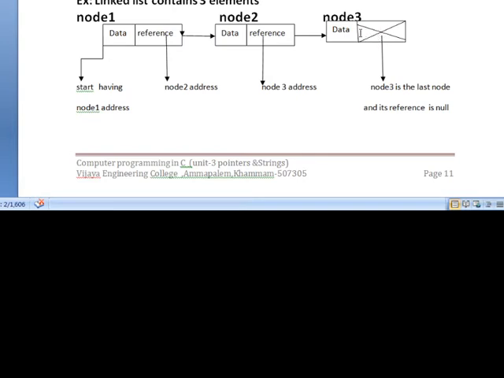That is the reason the last node of a linked list, its next address field or reference field, must be null. Similarly, while you are connecting all the nodes in the list using the link fields, we have to store the first node address in some variable that we call start. It contains the starting node's address. This is called the concept of self-referential structure.